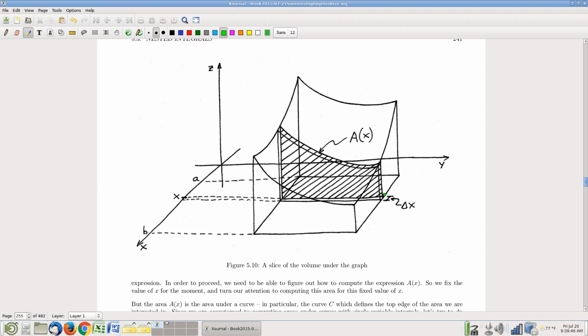Don't double slice and make a bunch of French fries. Just slice it the one way and make, like, a loaf of bread. Okay, now, that one slice of bread, whatever it is, it's not hard to argue that its volume is the cross-sectional area